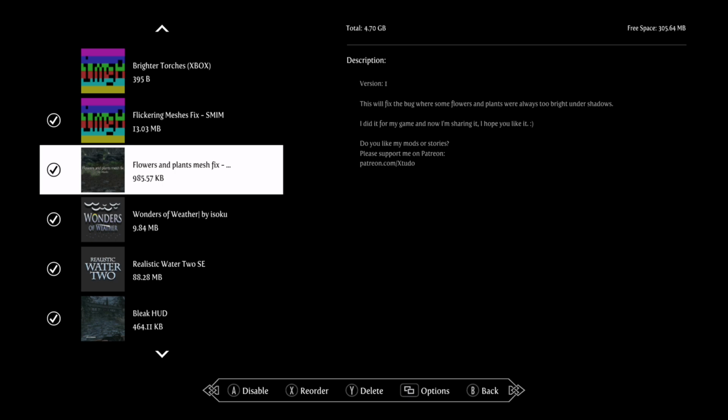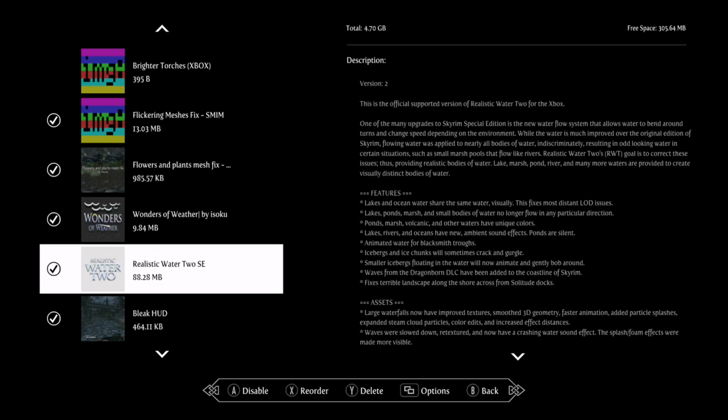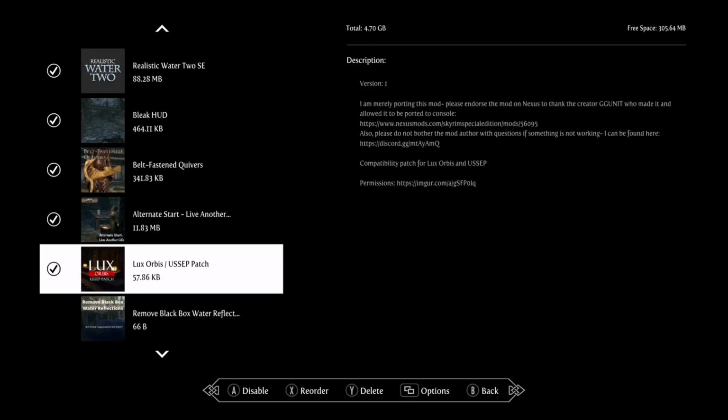Flowers and Plants Mesh Fix. This is a new mod that, when some flowers are in the shade, is supposed to make them darker than just being lit as if they were in the sunlight. I hope that makes sense. Wonders of Weather. I use this Realistic Waters 2 Special Edition. There's a couple of editions of Realistic Waters 2, but I'm using this one. Bleak HUD, Belt Fastened Quivers, Alternate Start, Live Another Life. There's this Lux Special Edition patch, the one I was talking about. This probably might need to go somewhere else in the bottom here, but...